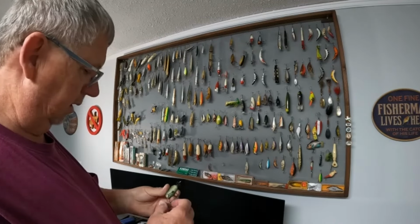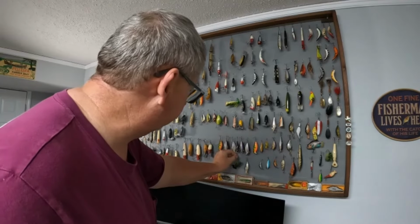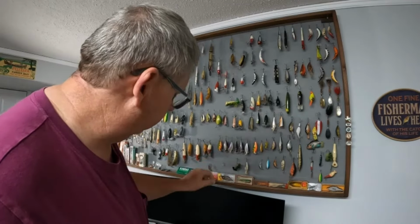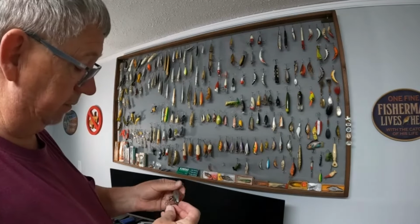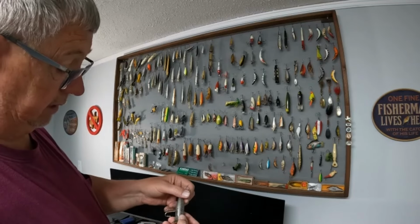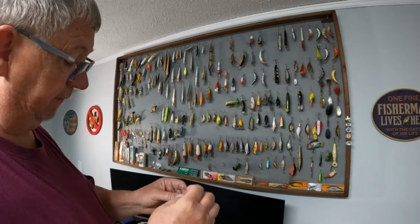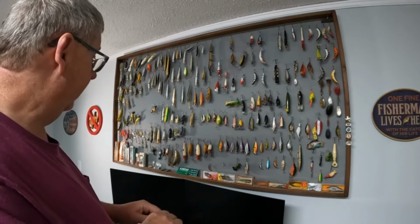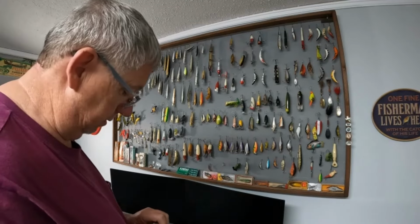So, you know, it doesn't take a lot of expensive things to have fun in the fishing world when you're collecting this old, unique stuff. And some of this stuff I've just never heard of. And the neat thing about lures too that I've run across is